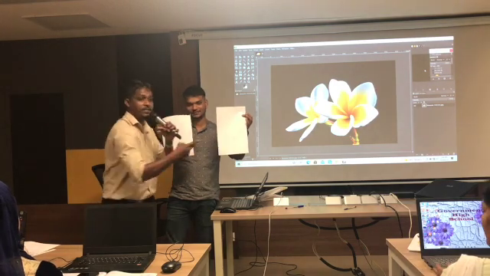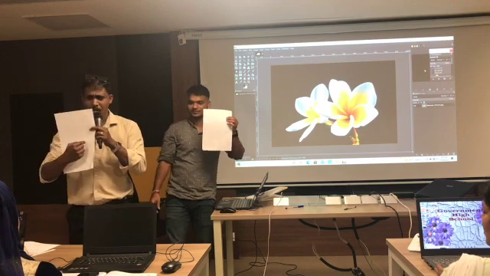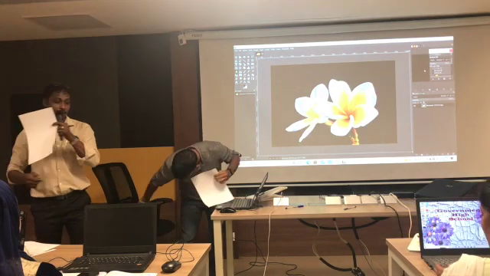For me, cutting means masking. This is one full picture, and I want only a small part of that picture. That is masking. So let's learn how to do this on the computer.